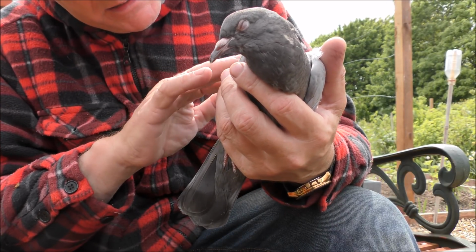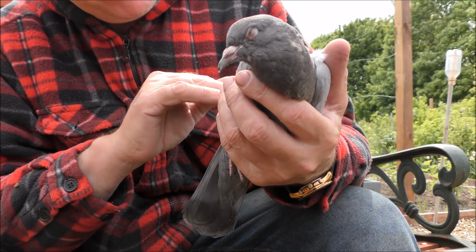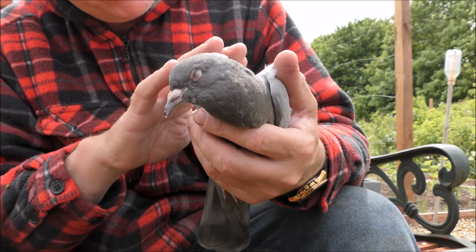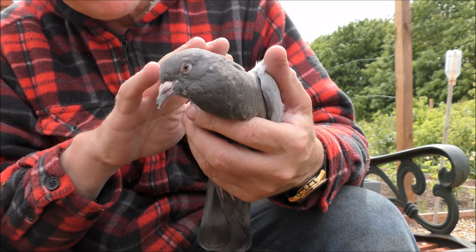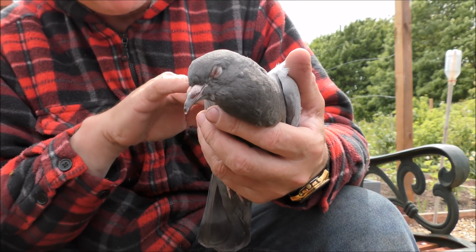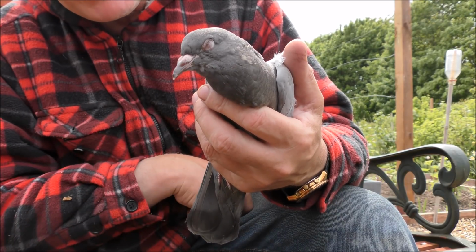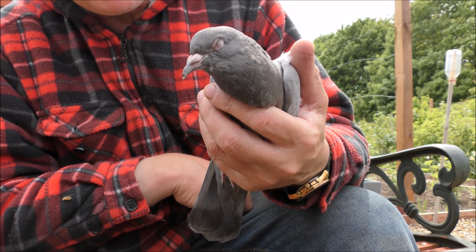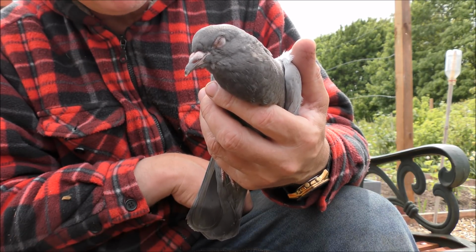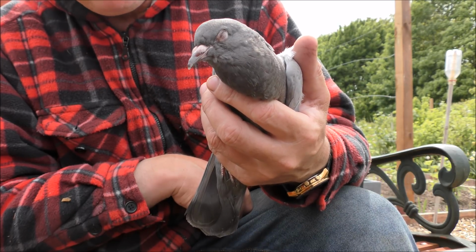You can see he's absolutely whacked out here. I don't know if he's going to survive, but he shouldn't fear me anyway. I'll put him on top of the shed where he's going to be safe. But yeah, he's been walking around my plot for the last three or four days, and every time I've come up he flew away. Although this morning he walked over to me, I put some food in my hand, and